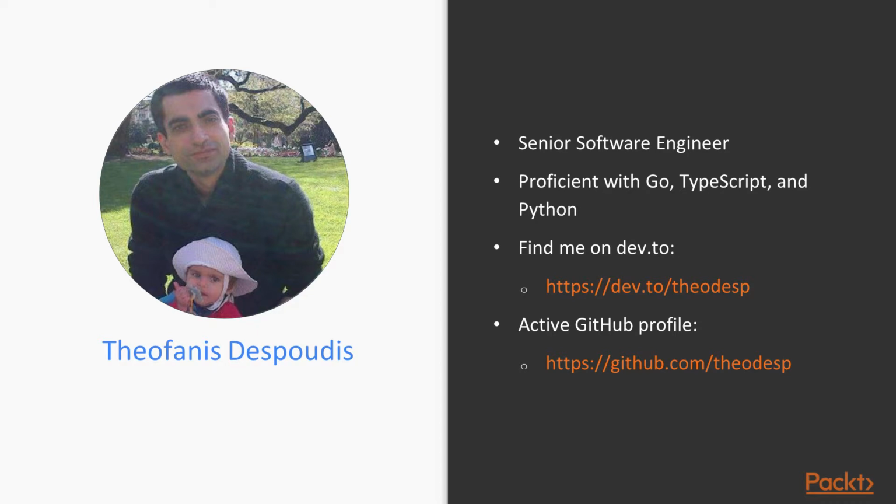Theo Despudis is a senior engineer having more than 5 years of experience in Go, JavaScript, Python. He also works as a tech writer, having written some in-depth technical guides in various publications. In his spare time, he likes to contribute to open source technologies such as Caddy, RQ, and others. He worked as an experienced mentor in coding boot camps and likes helping people learn how to code. You can also refer to his GitHub, Twitter, and dev.to accounts. You can see them here. He would be more than happy to answer any queries you have about programming, Go, or software engineering in general.